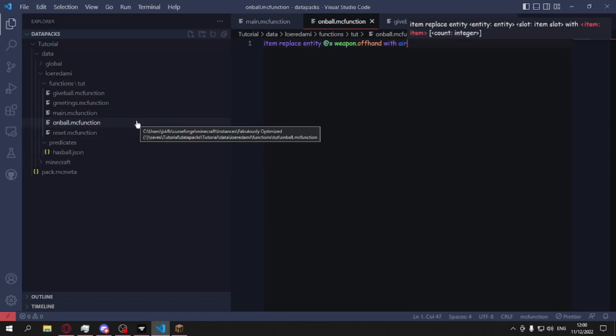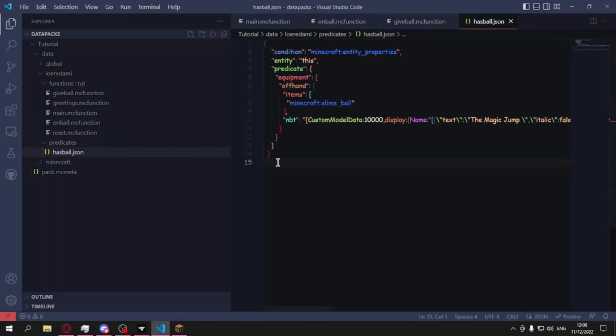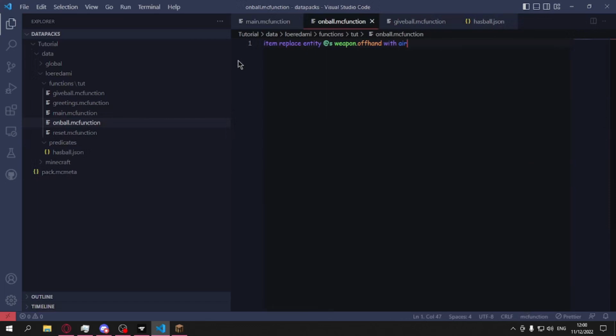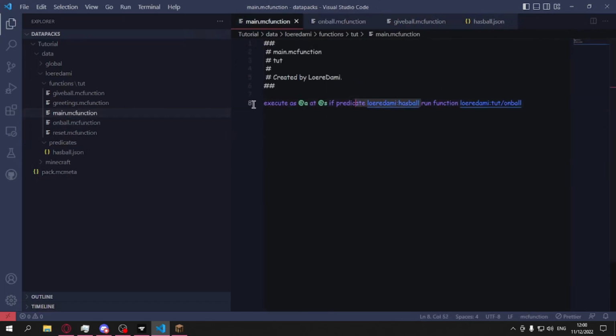And if that item is exactly this item as we have it right now, this is calling this predicate, and once this is true, we run the function onBall, which will just